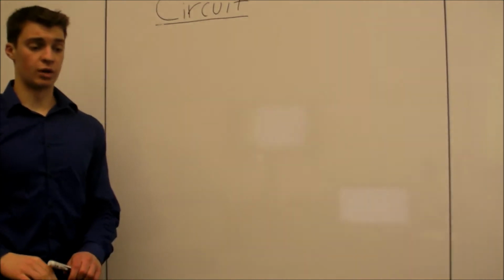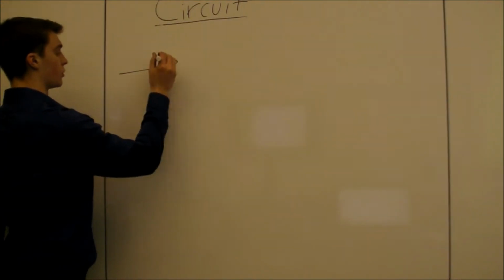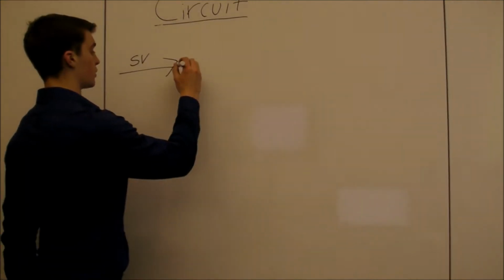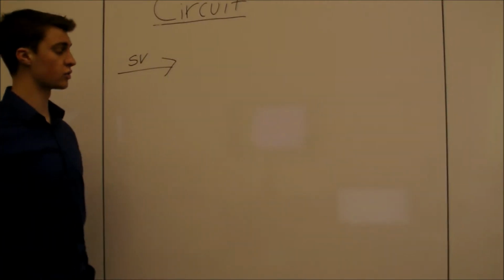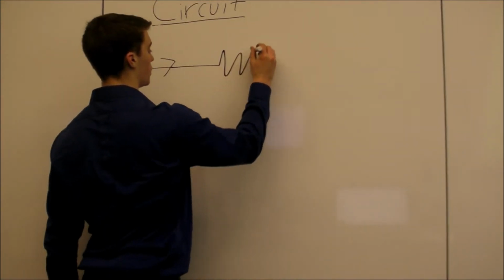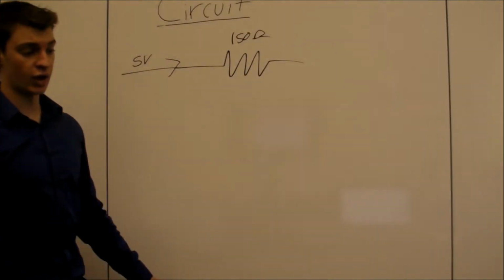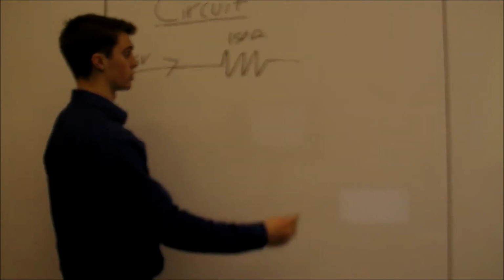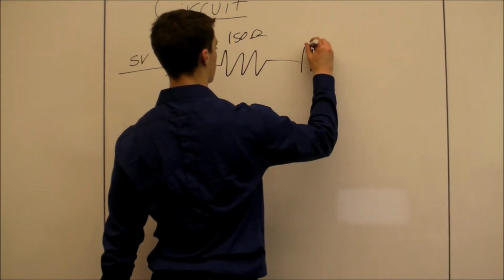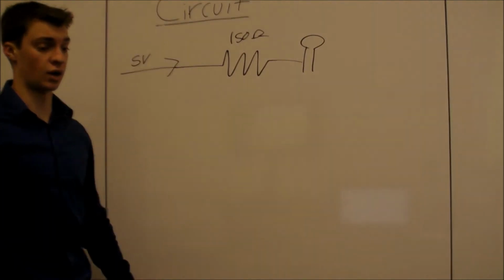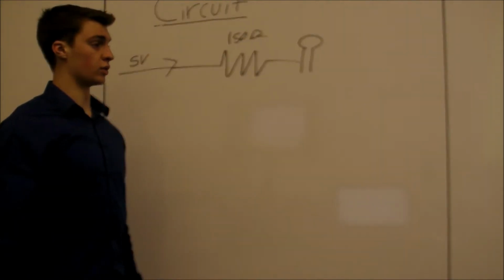It's pretty similar, not really too much different in any ways. Same process happens. 5 volts is going to come from Arduino, and then instead of going through a series of 3 resistors, it's just going to go through one 150 ohm resistor. And then after it's passed through the resistor, it will reach the light, or the LED, which will either turn on or not turn on the light, depending on what the value of the light